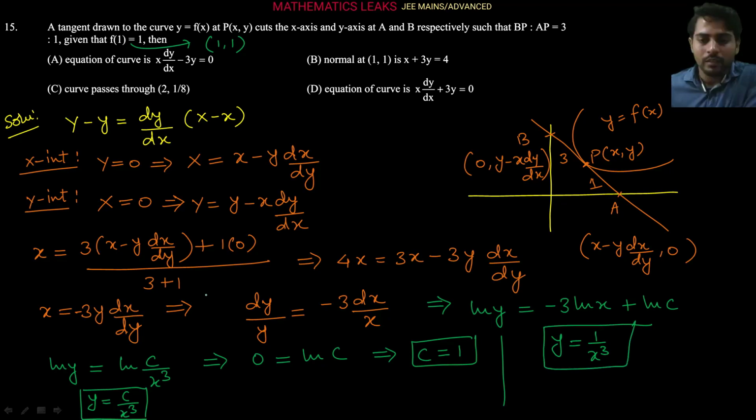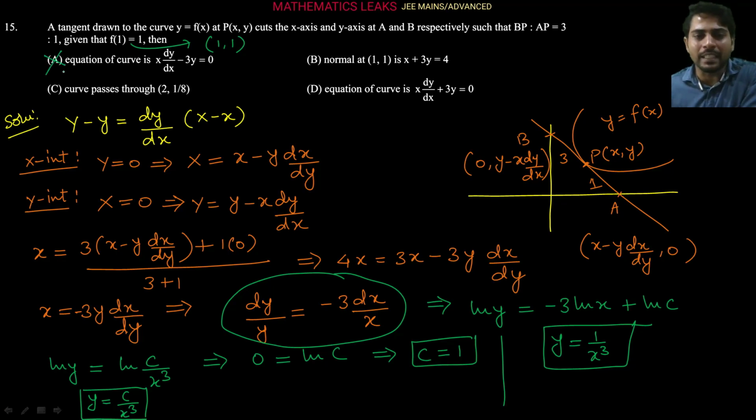Now from here, so from the given solution we can find all the options which are correct in the given question. So if you will see, the first option is saying the equation of the curve is x dy by dx minus 3y equals 0. So if you will see this one step, from this one step you can see in cross multiplication x dy by dx equals minus of 3y, we are getting here, right? Minus of 3y, so it will come here, so it will be plus of 3y. So this first option is absolutely wrong here. If you will see the fourth option, so you are getting the correct option, D is correct here.